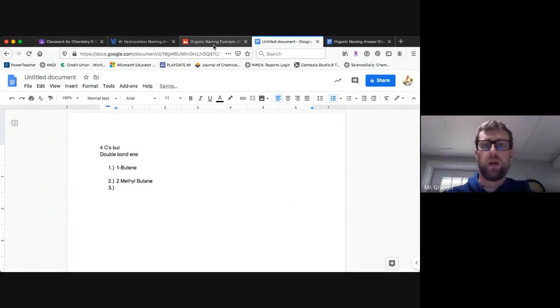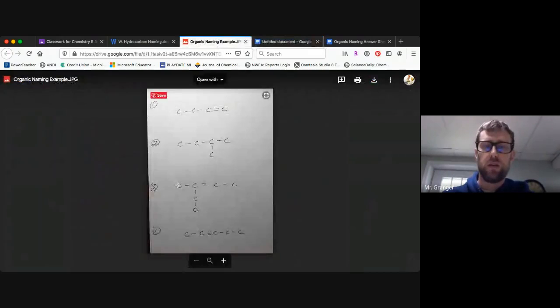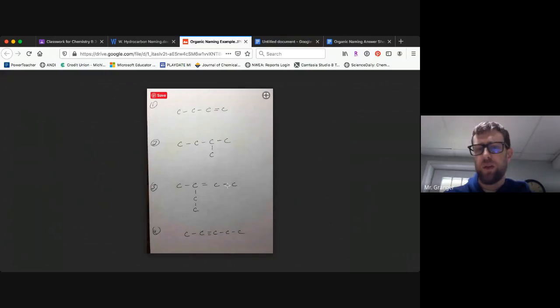All right, let's look next at number 3. If we count left to right, it's 4 carbons. If we count from the bottom up and to the right, that's going to give us 5 carbons. So we are going to want to go from the bottom up to the right. Again, we want to number it so this double bond is at the lowest possible number. So we're going to count from the right hand end so that this double bond would come after carbon 2. So that would be 2-pentene,